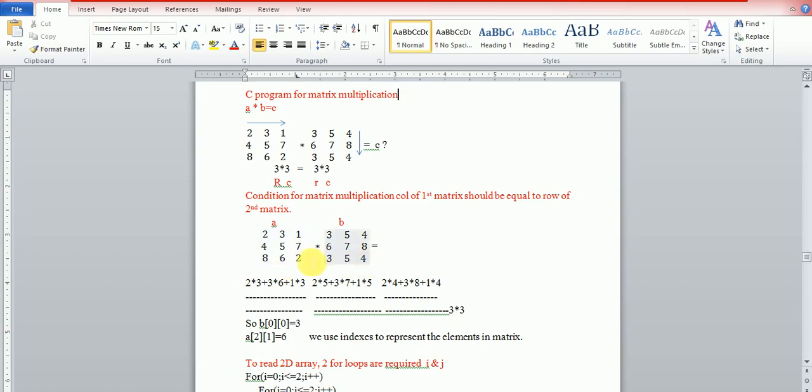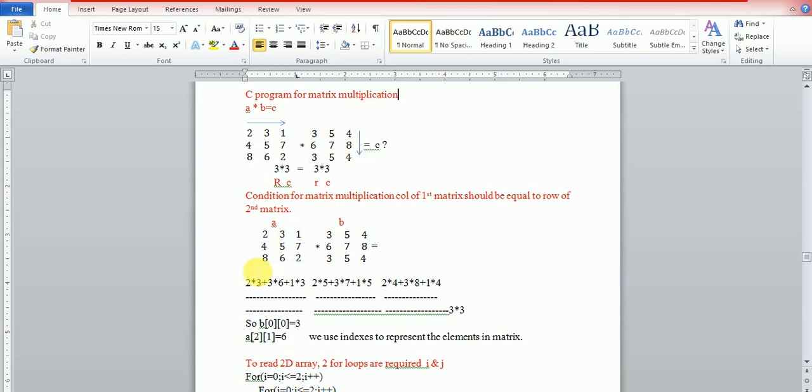So these are the two matrices, and we are going to perform multiplication between A and B. And when we perform multiplication, in the A matrix we have to go in this direction, and in the B matrix we have to go in a downward direction.